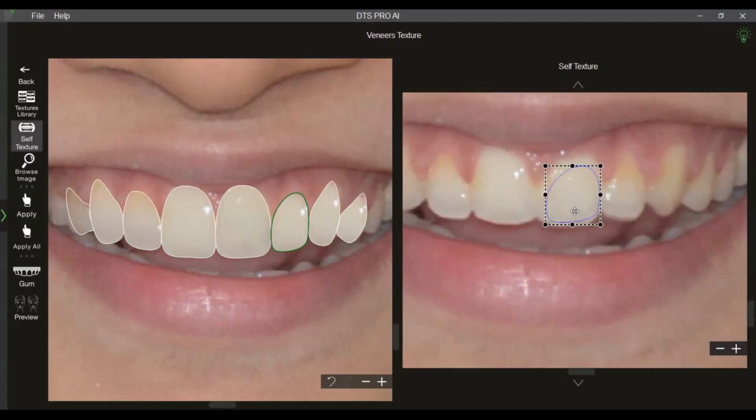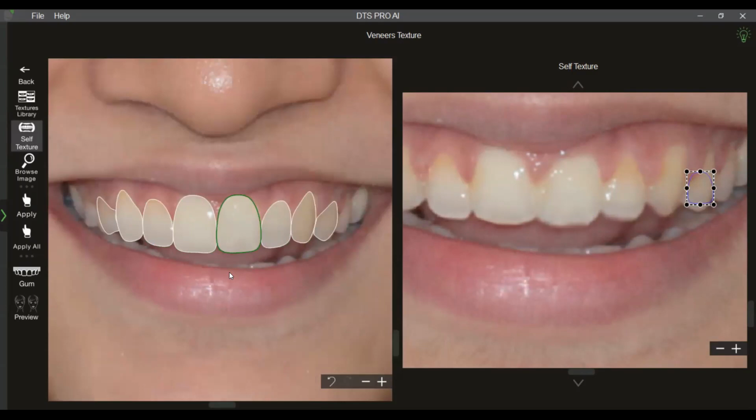Apply. So now this is something which detailed planning you will not do for each and every case. You will specifically limit to cases who are motivated enough, where you want to plan the treatment, where you want to communicate it to the lab, where the patient wants to actually see. So you might not do this for each and every patient. Having said that, once you know the hang of the software, it doesn't take you very long to even complete the digital planning. It has taken me approximately around 5 to 10 minutes.